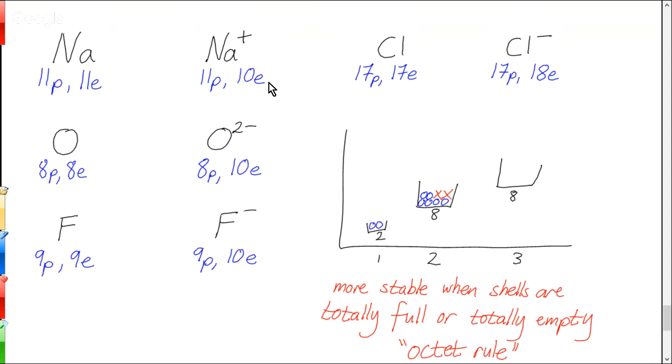In sodium's case, we start with 11 electrons. So that's like this. And in this case, it's easier for sodium to lose that 1 electron to get the full and empty buckets than for it to gain 7 more, which would also fill the buckets. So whatever amounts to fewer electrons moving around is usually what ends up working. So sodium would lose that electron, become sodium +1, and then that fulfills that octet rule.